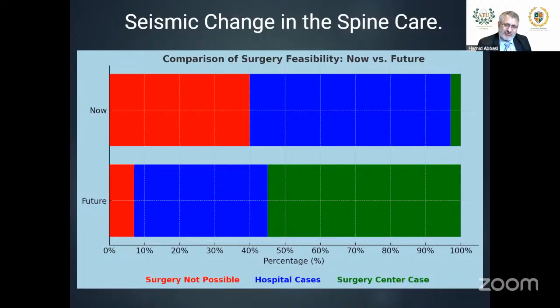They are good surgeons, they know the risk versus benefit is not justified. So there's a huge rejection rate for spine surgery: elderly, high BMI, comorbidities, somebody who has COPD and cannot tolerate a 4 or 5 hour surgery. What we can show, and what you see here as a future, is my practice right now, where more than 50% of my patients are operated on in a surgery center setting and sent home the same day. There are a lot of patients who wouldn't have had a choice, and now they have a choice.